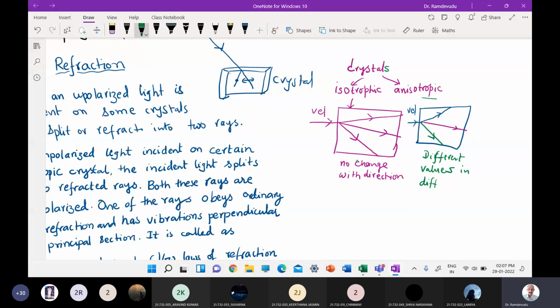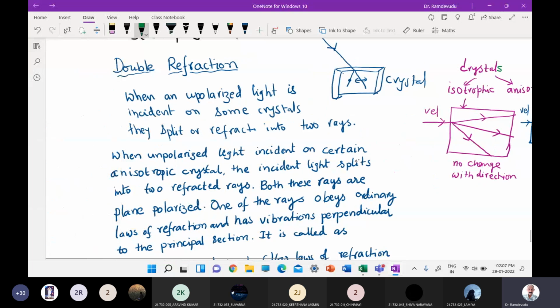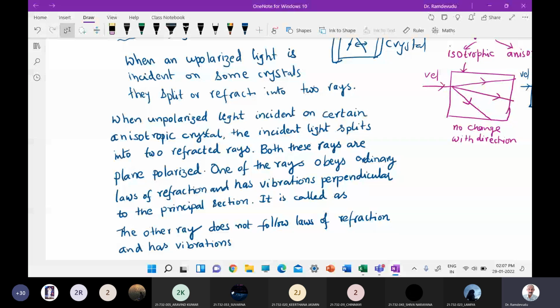So we now define double refraction something like this. When unpolarized light is incident on certain crystals, which we call anisotropic crystals, the incident light splits into two refracted rays. So if I take an anisotropic crystal,